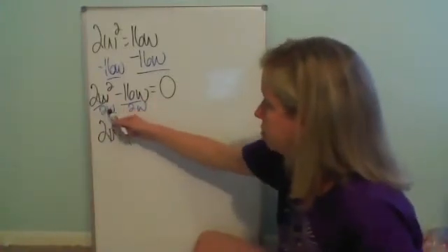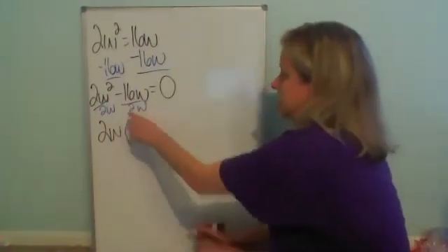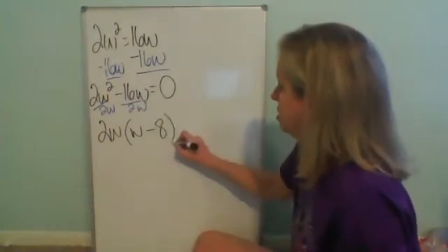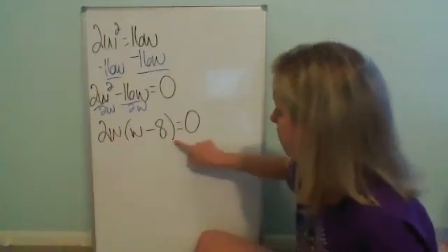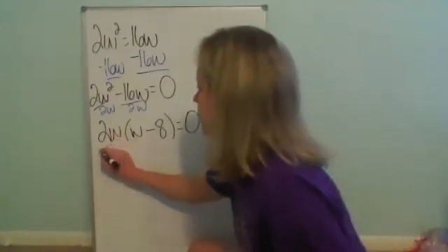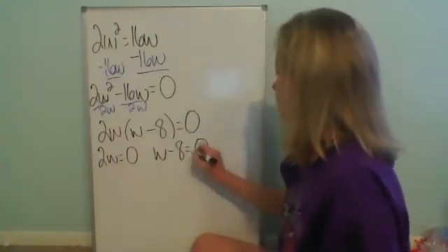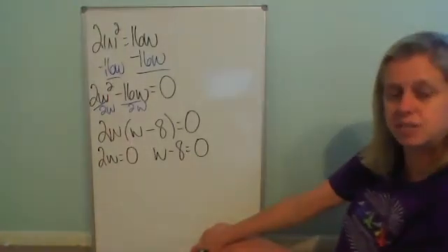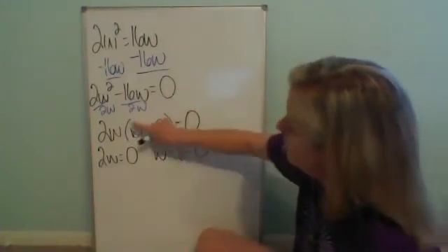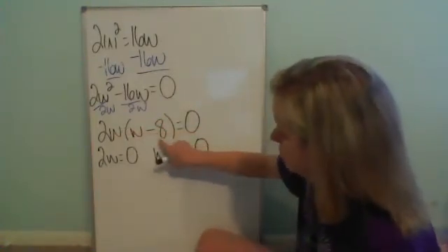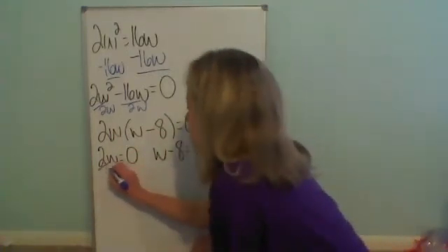So let's see what's left after you pull a 2w out of each of these. Well, if I pull the 2 out, I pull the w out, on this first term, I'm just left with w, minus 16 over 2 is 8, and I pulled out that w, equals 0. So now here's my two factors that I'm going to set equal to 0. So 2w equals 0 and w minus 8 equals 0. Remember, that's the next step to the factoring. After you pull everything to one side, set it equal to 0, do your factoring. So there's my factors. Set each factor equal to 0